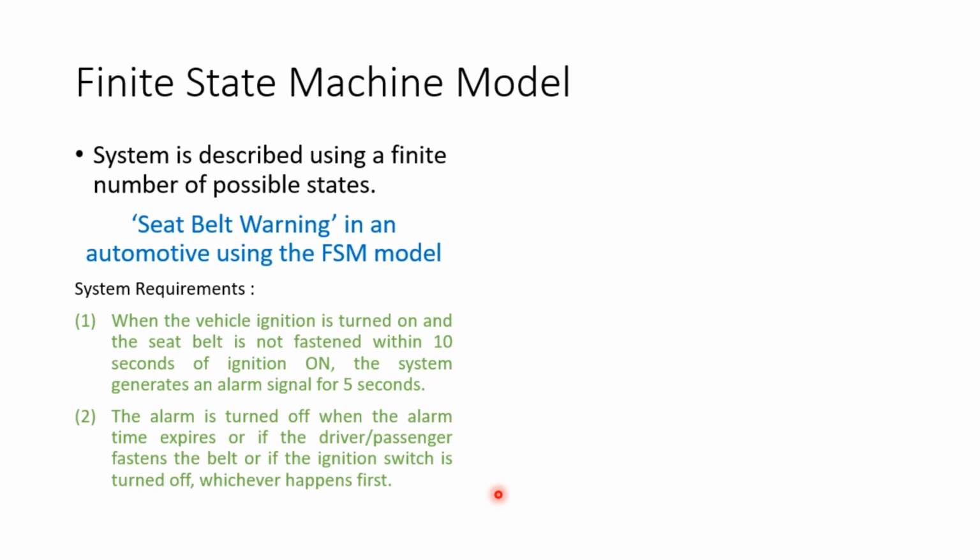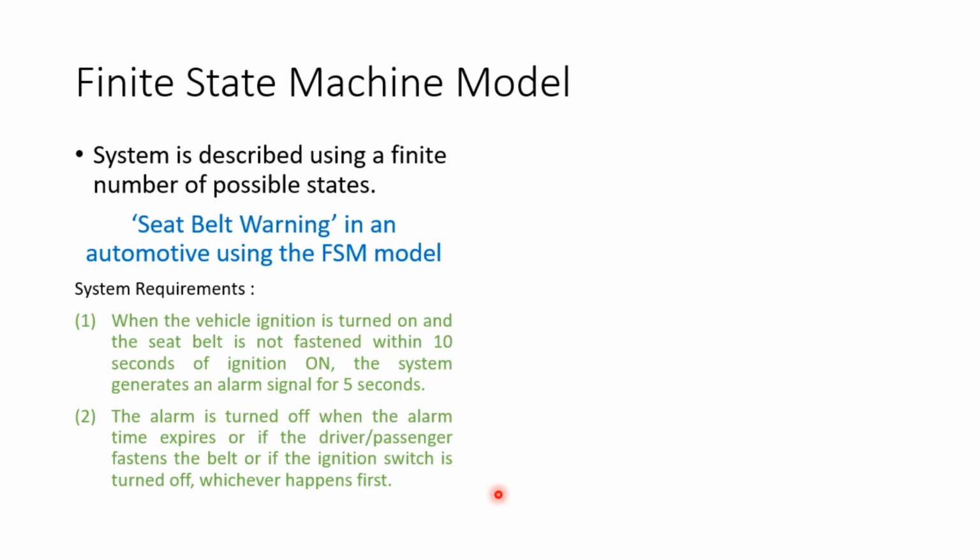So here you have this initial state always. Any state machine model will have an initial state. So now we have to identify what is the initial state here. Initial state would be an alarm off situation, right? Initially alarm is off because my system is a seat belt warning system. It is not a car system or ignition system, it is a seat belt warning system. So seat belt warning is alarm, nothing else. I am going to design an alarm system, remember that. That is the basic requirement.